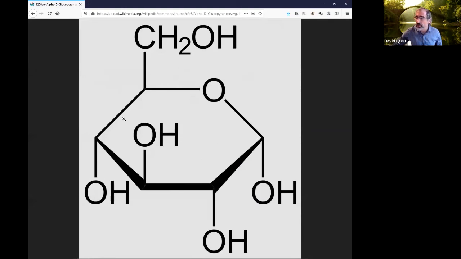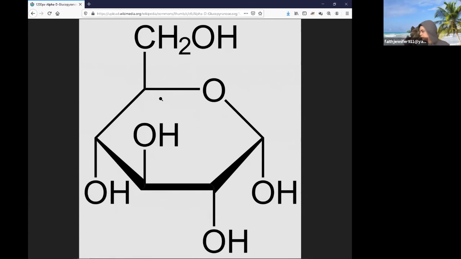It's got 6 carbons, but they're not all in a ring. One part of the ring is an oxygen here. And then it says to show how water makes a hydrogen bond. So if you're doing that, I would say remember